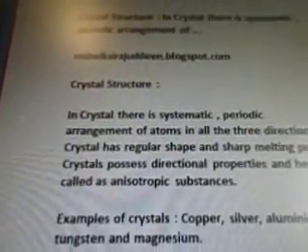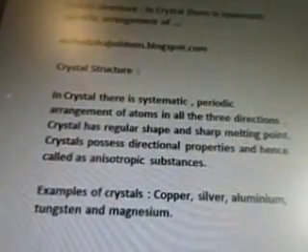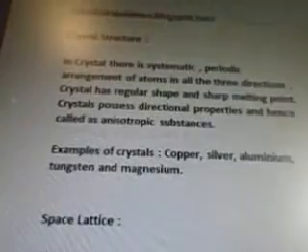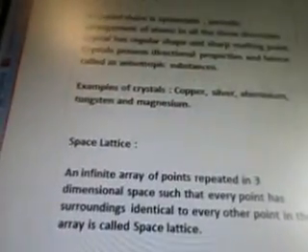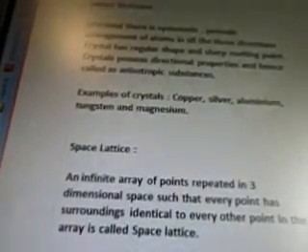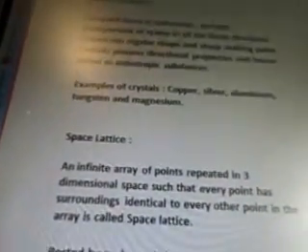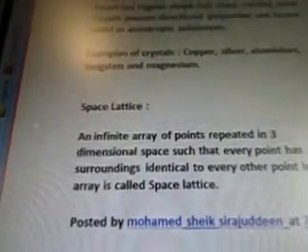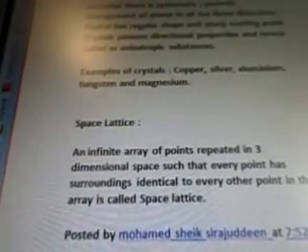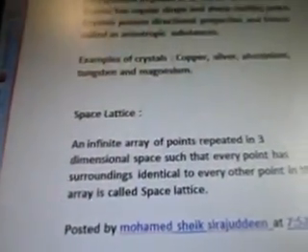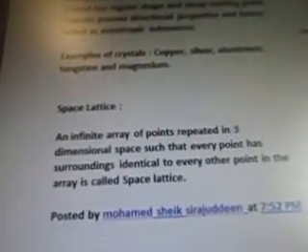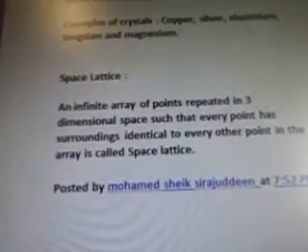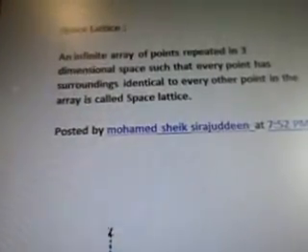So we're talking about the crystal structure, and this blogger is talking about what you can do with a crystal structure, which I didn't know all this stuff. He's saying there's crystals with copper, silver, and aluminum, which is cool because we're going to be using crystals with our design for the core. This is talking about the space lattice, an infinite array of points repeated in 3-dimensional space such that every point has surroundings identical to every other point in the array is called space lattice. And that's from Mohamed